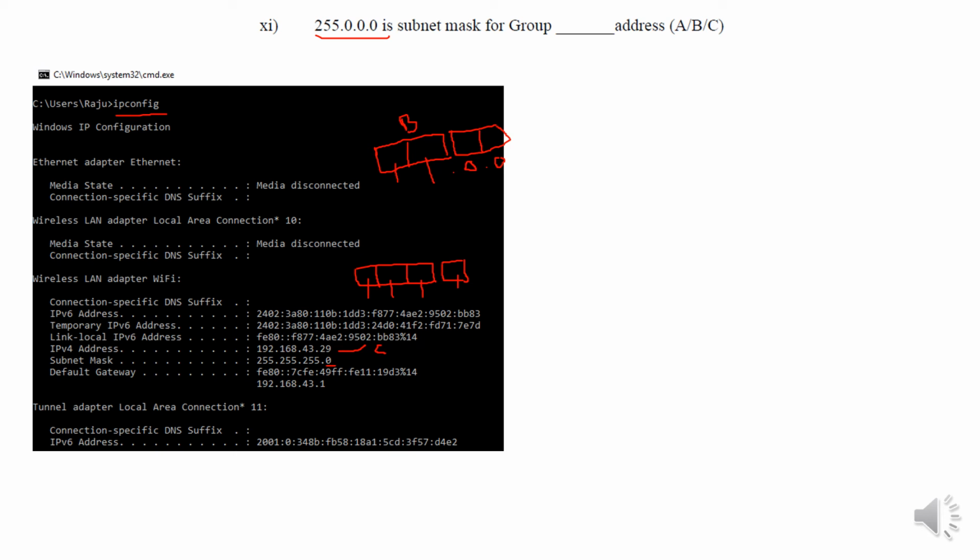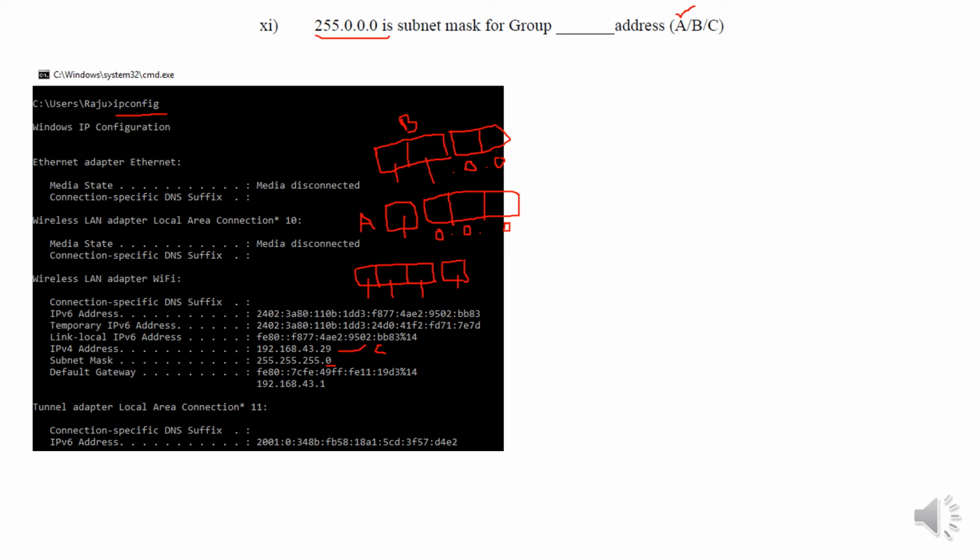In case of class A, what will be? For class A, only one octet is net ID, and these 3 are host IDs. We need to only mask the net ID, so there will be only one 255, and these 3 will be 0 0 0 in case of class A. So now we have the answer to the question: 255.0.0.0 is for class A,